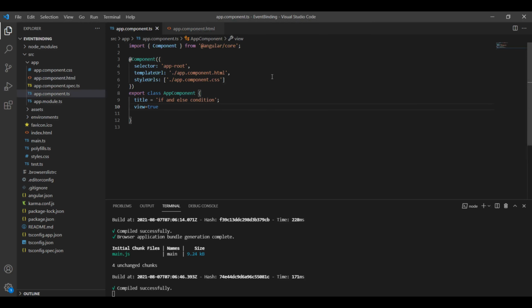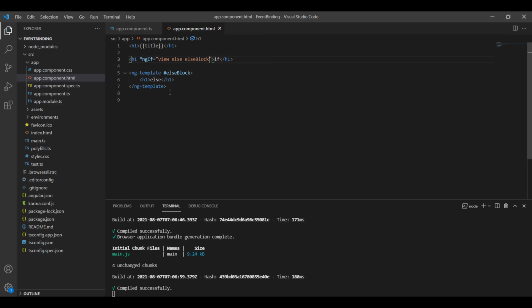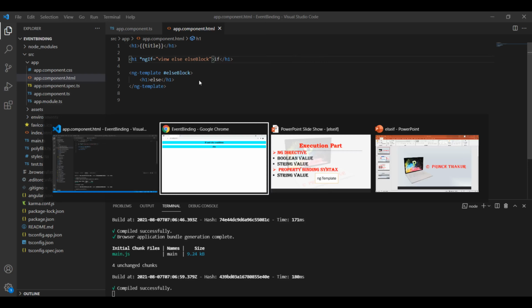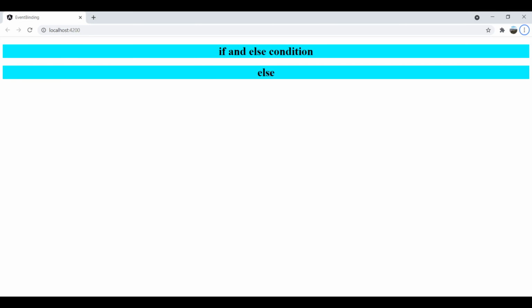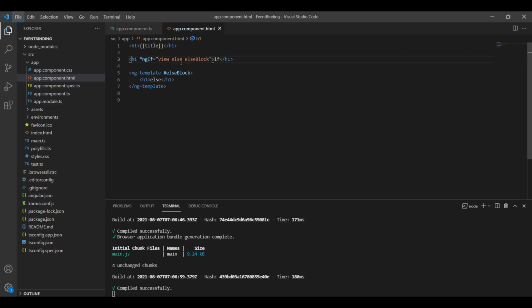If I change the value here to false, then control will come to our else block. You can see we are getting the output for else block because the value of view is false, so we are able to get control from the if block to the else block.